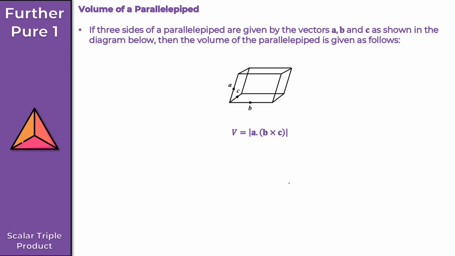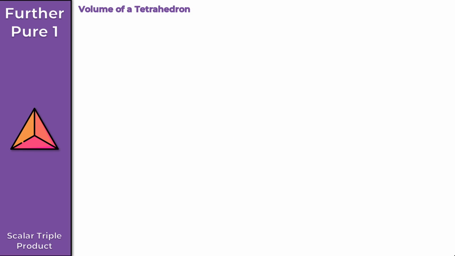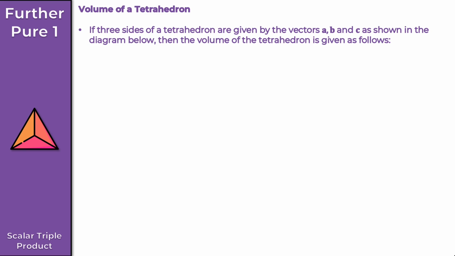So let's have a look now at how we find the volume of a tetrahedron. If three sides of a tetrahedron are given by the vectors a, b, and c as shown in this diagram here, then the volume of the tetrahedron is given as follows. The volume V here is equal to 1/6 times the magnitude of the